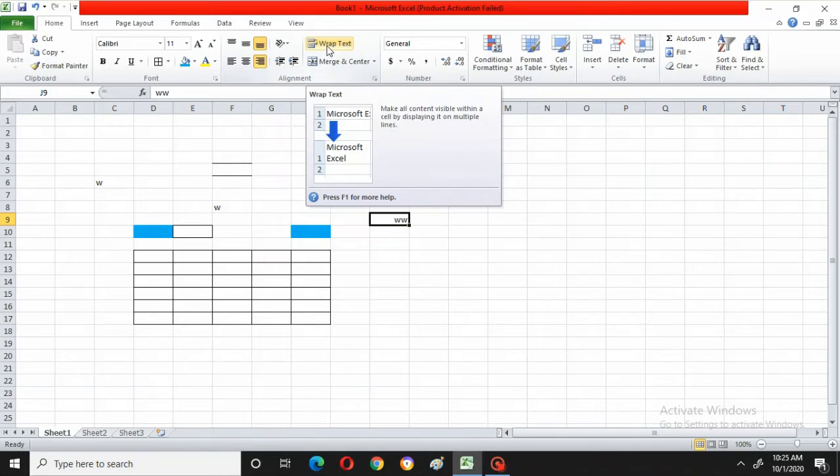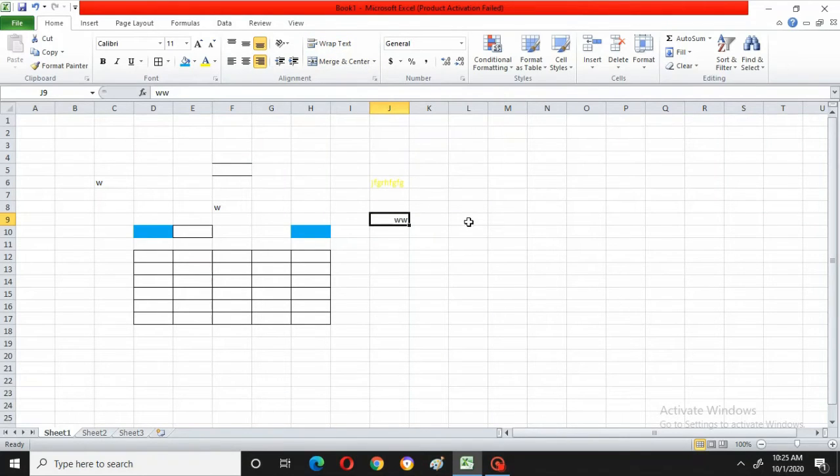Next, wrap text. What is wrap text? Now suppose I want to type something, one name in this particular cell. Suppose I'll be typing some big letter. I will just say computer. I'm typing computer machine, or whatever it is, computer system. See, can you see it's going out of that particular cell?